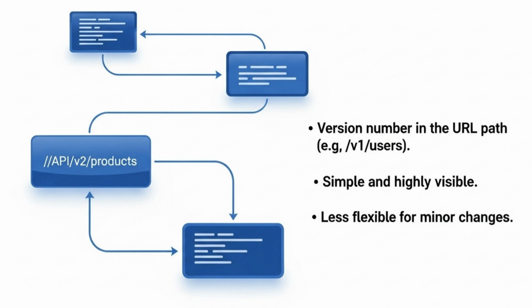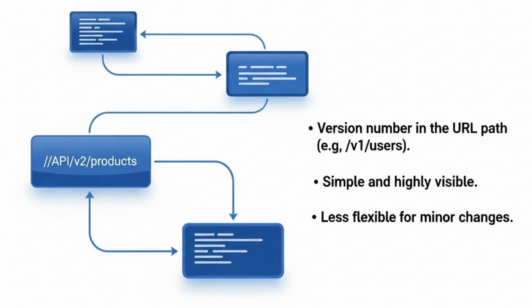Now let's dive into some common strategies, starting with one of the most straightforward, URI versioning. This method involves embedding the version number directly into the API's URL path, like /v1/users or /API/v2/products. It's incredibly simple to implement and very easy for developers to see which version they're interacting with just by